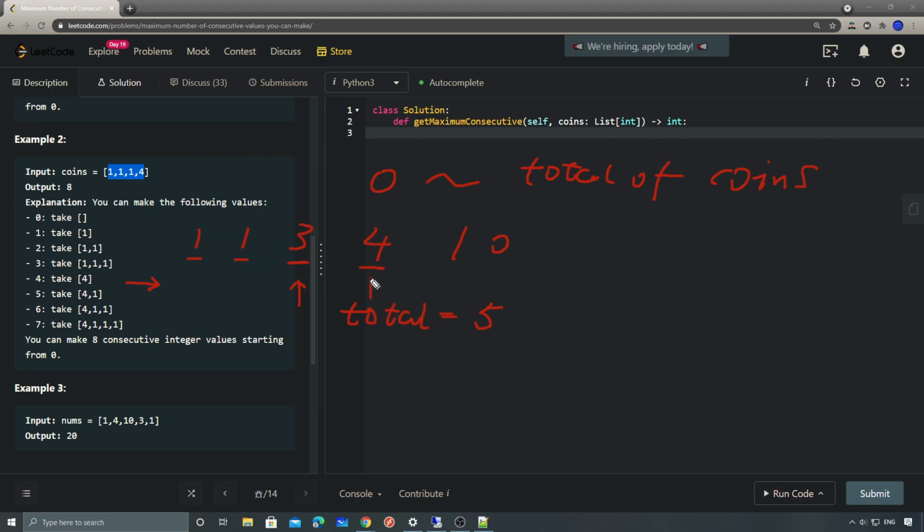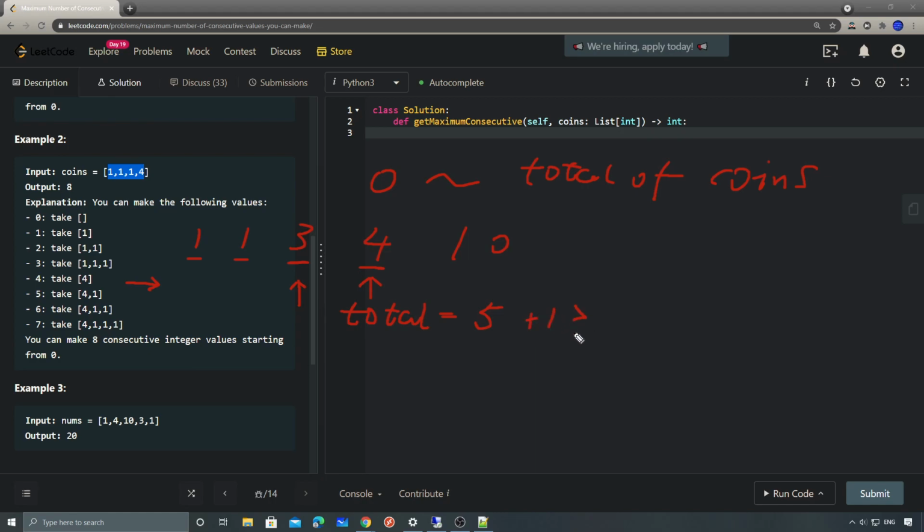5 means 3 plus 2 ones, right? And then the next thing is here. So can we use this number to expand our x? The answer is yes, because we already have 5 previously, and the 5 is greater than this 4. Actually, it's